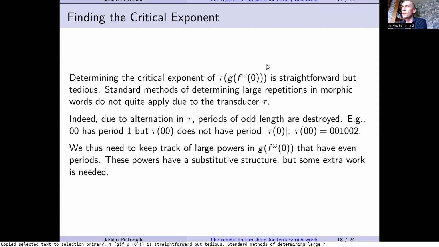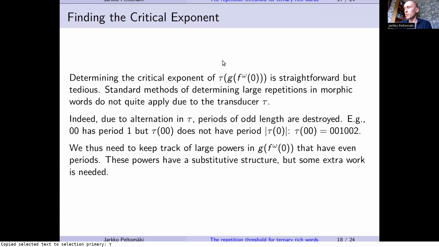You know that the long repetitions are more or less morphic images of shorter repetitions. So you have a finite seed set of repetitions that generate all long repetitions. Pretty much the same happens also in this case. But since our word is not a morphic image, but there is this transducer, there are some